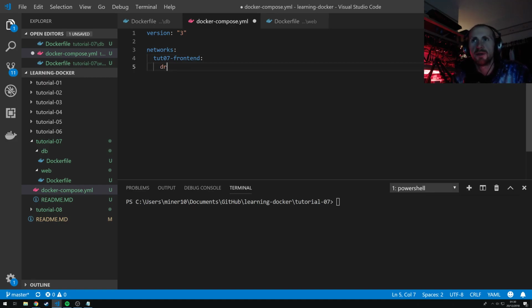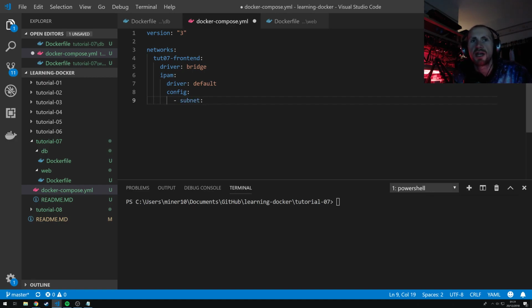And for this one, if you remember the previous tutorial, we also talked about drivers. In this case, we're going to use the default driver, which is the bridge network. Then we're going to do something known as IPAM. Now, if you're curious what IPAM is, it's IP address management. And the reason we're doing that is because we want to set up a couple of subnets. Okay, so the first thing we need to do is define a driver for an IPAM, and we're just going to use the default one for now. Then we're going to need to configure our subnet by simply stating subnet: